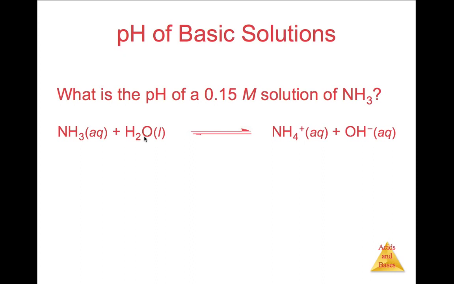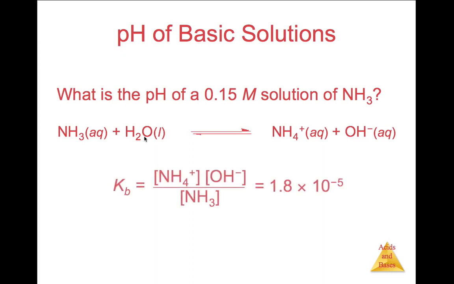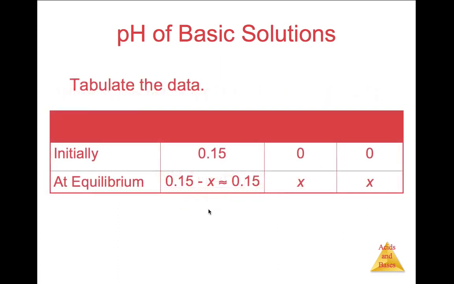So how can you find the pH of a basic solution? We'll do a number of these problems as well, so I'm going to skip through these slides kind of quickly in the next few video casts. You can write the Kb expression, and if you look up the Kb of NH3 in the back of your book, by the way, Appendix C has tons of Ka and Kb values listed for lots of weak acids and bases. You can plug in this 0.15 molar down here, make an ice table,